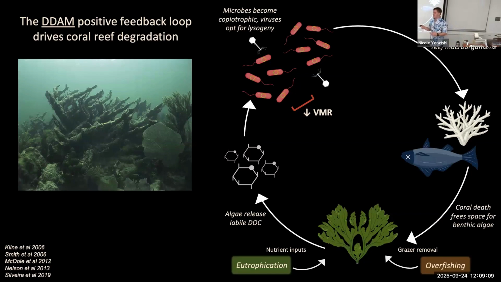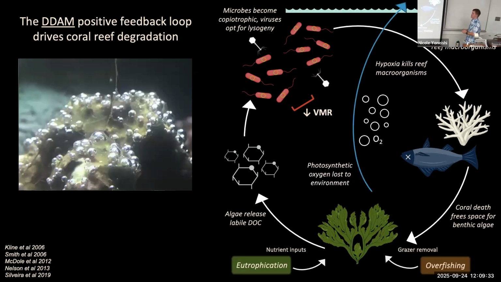This increased incidence of pathogens is then causing disease among coral reef macroorganisms, which kills corals and frees up more space on the benthos to drive this positive feedback loop forward. There's one more piece of this. I did mention that these algae at the base of the food web do not have a mechanism for actually building ecosystems with their DOC, they're just releasing a lot of it into the water. The same goes actually for their oxygen. They're releasing oxygen at a much higher rate than corals, and a lot of this oxygen actually supersaturates on the surfaces of their tissues and then bubbles off to the atmosphere.